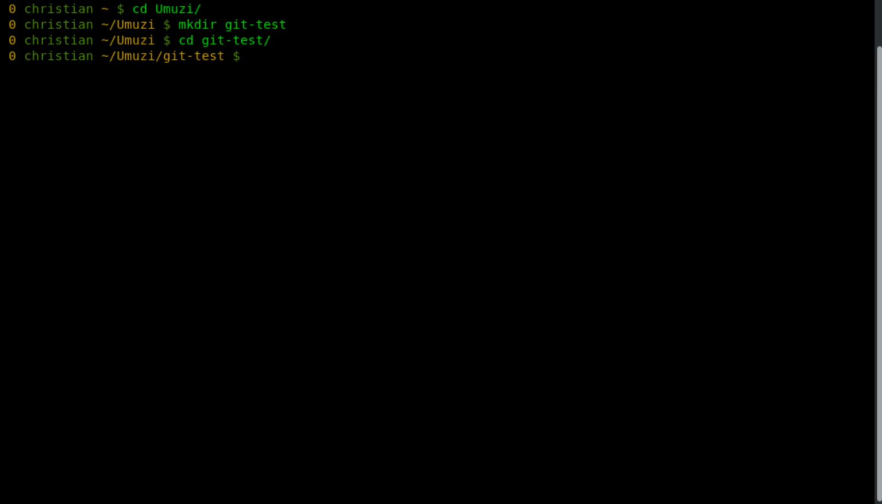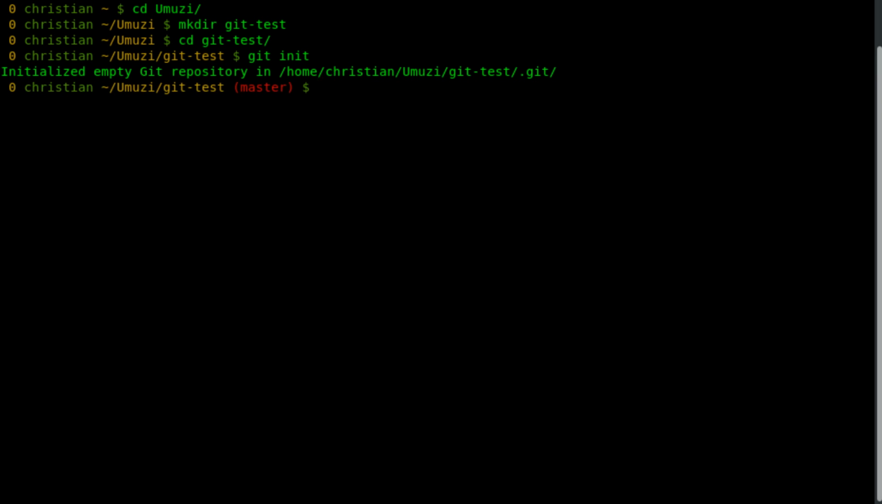When I run git init here, git-test is a working directory for a Git project. Git init, and it's now initialized an empty Git repository in /git-test/.git. And if I list all the files in this directory, I'll have to list all the hidden files